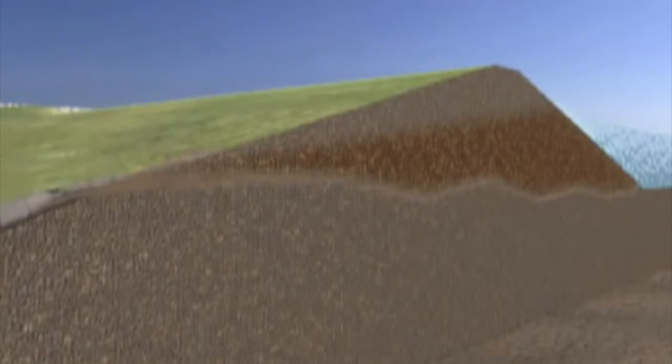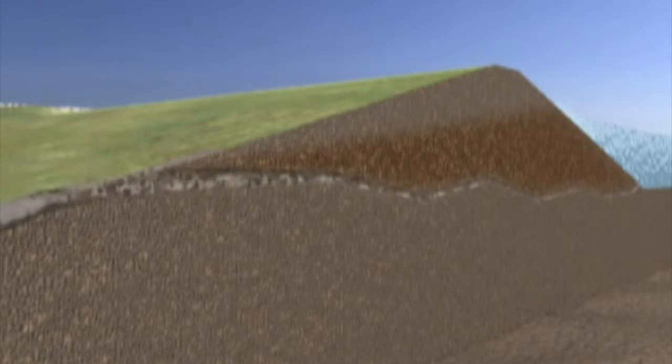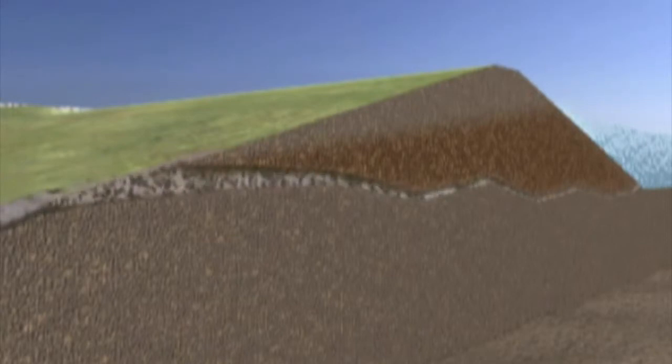Piping is an erosion process that occurs inside the dam whenever the seepage flow starts eroding embankment materials out of and away from the dam. This starts at the downstream slope or toe and moves rapidly upstream to the impoundment. This process will tend to accelerate as the expanding larger opening or pipe allows for increased seepage flows.